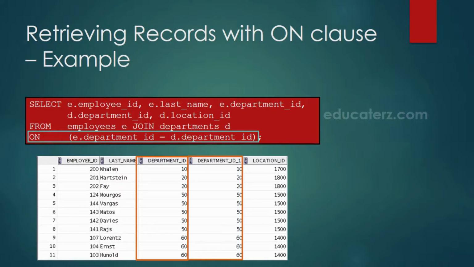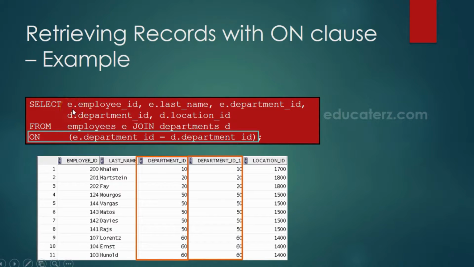So the select statement goes like this. Select employee ID, last name, department ID, department ID again, location ID from employees e join departments d on e.department ID is equal to d.department ID. If you observe the select list, we have e.employee ID.